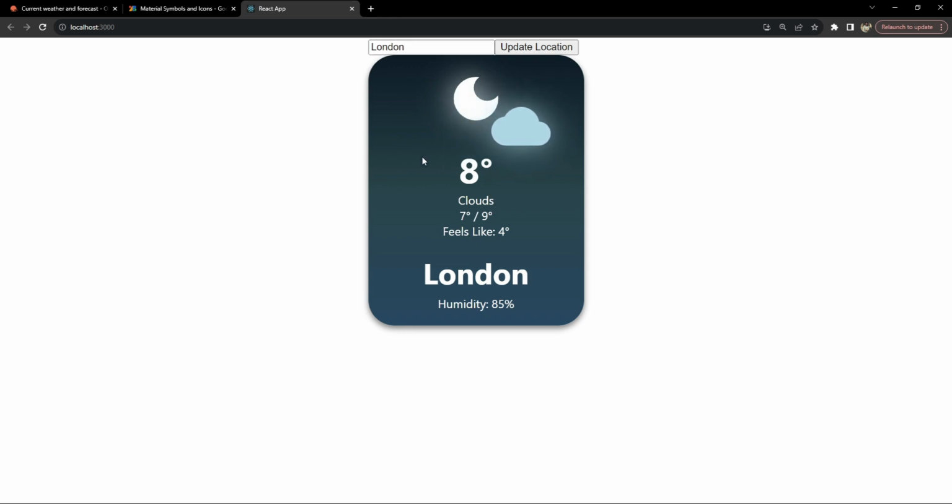So this is the widget that we will be creating. As you can see, there is an icon for the moon, which indicates that it is currently night in the location, and there is an icon for cloud as well, which indicates that it is cloudy. Then there is the current temperature, minimum and maximum temperature, the feels-like temperature, the location name, and